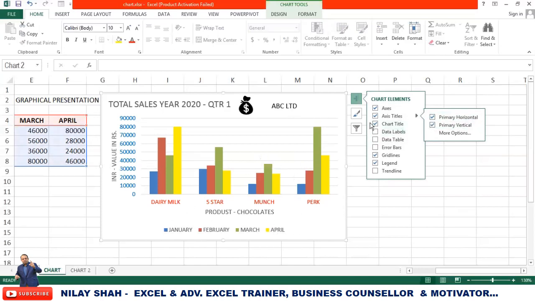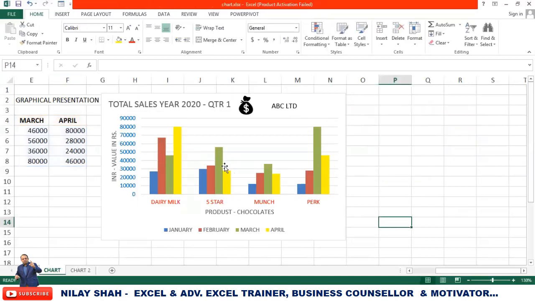One more thing that I would like to add, that is chart title. When you are talking about a chart title, this is your chart title. So by default, you can see the chart title. Now, tell me one thing, what is the value over here? For example, if I click here, what is the value? It is between 50 to 60,000. But is it 52, 53, 54? So that we don't know.